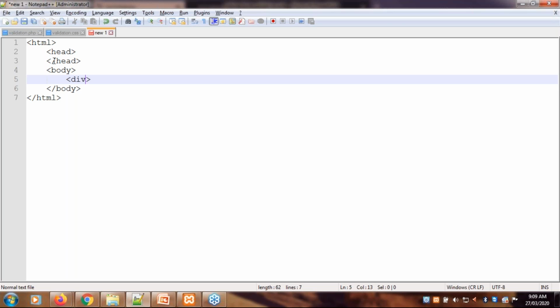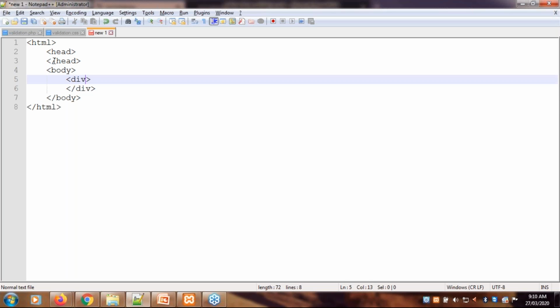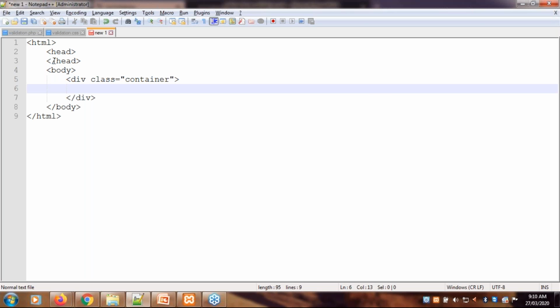First I will create one division for that form, and I'll give the class container. Why am I using class container? Because if I want to give certain CSS properties, then using the class name it is easy to give the properties.